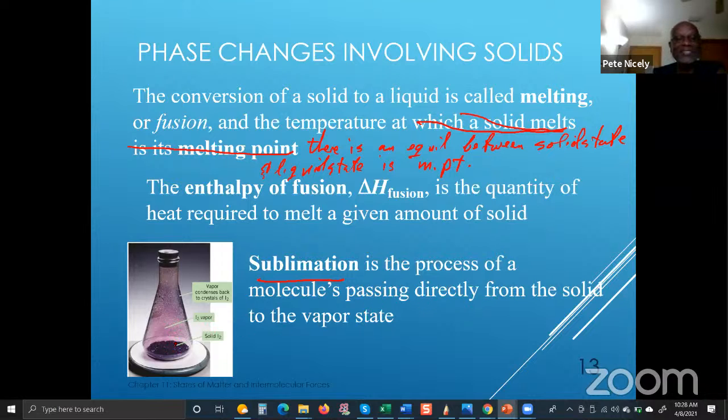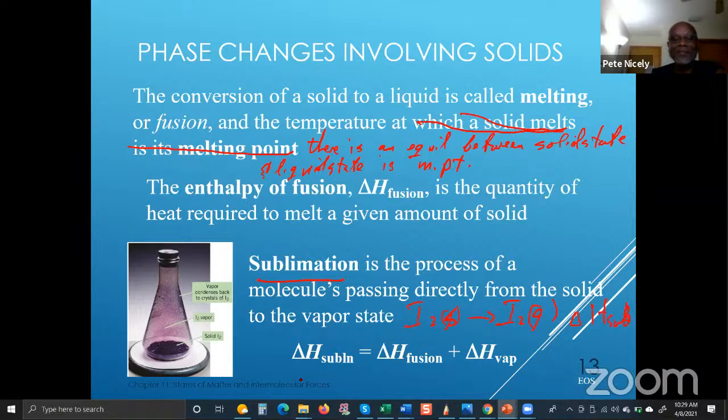One good example of this is iodine. If you take iodine solid and place it in a flask and you stopper it and you wait a while at room temperature, eventually you're going to see the entire flask colored purple. That's because what you have in this case is a sublimation of iodine to form iodine vapor, all right? So the equation for that transition is I2 solid going to I2 gas. So that's the sublimation of